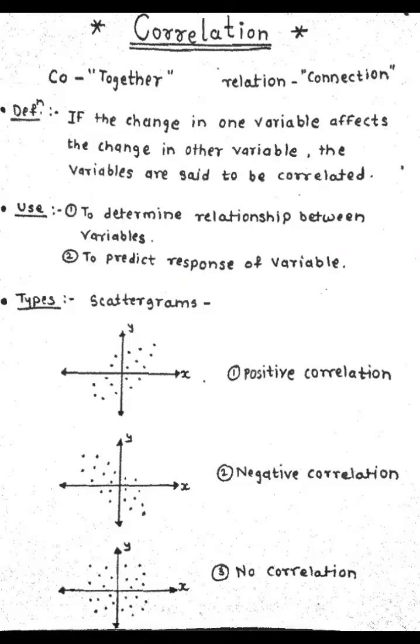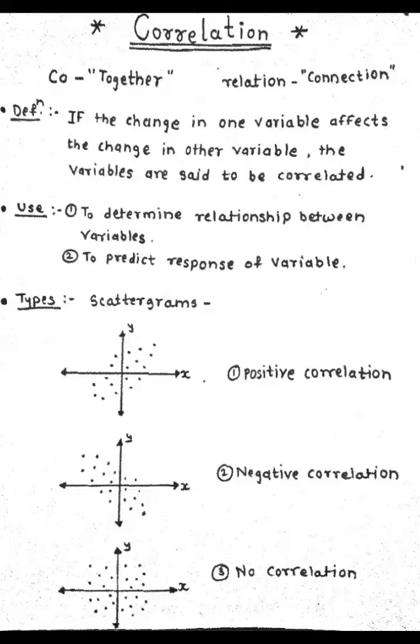There are three types of correlation. So I explain with the scattergram. Look at the first graph. Here are two variables x and y, and these dot points represent the observations of the x and y variables. If x increases, similarly y also increases. If x decreases, then y also decreases. So the graph of these variables is representing the positive correlation.